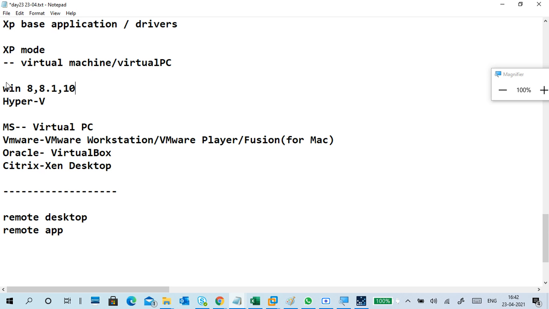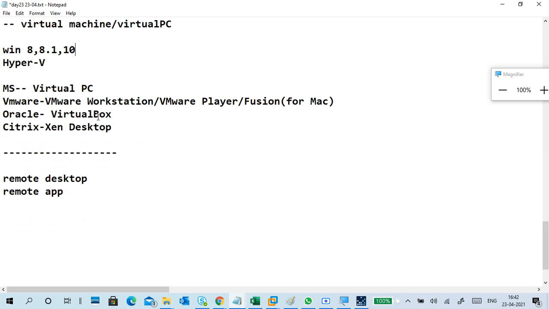Okay, and this morning Siddiq asked a question: is Hyper-V type 1 as well as type 2? Actually, it is type 1 only. It is not type 2. Hyper-V is type 1 only, but why you call it type 2 also, I will explain that. When we say type 1, it means no operating system, only the hypervisor. But here the operating system is there, and Hyper-V is also there. So Hyper-V is a feature, not an application. In Windows 10, we can install it as a feature.